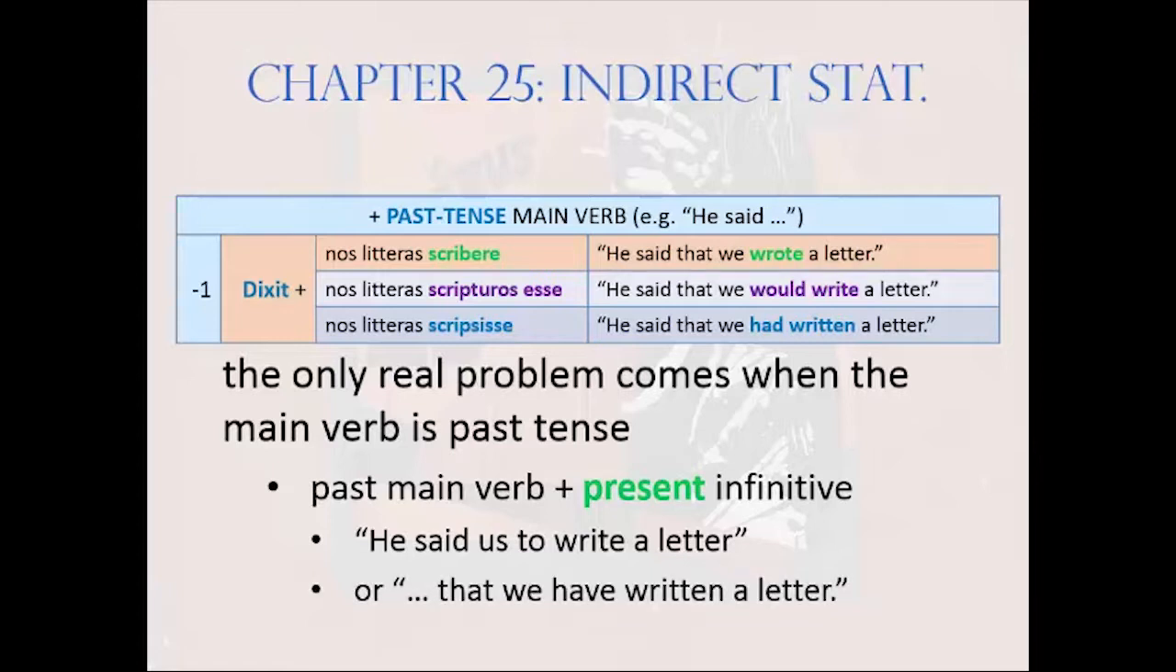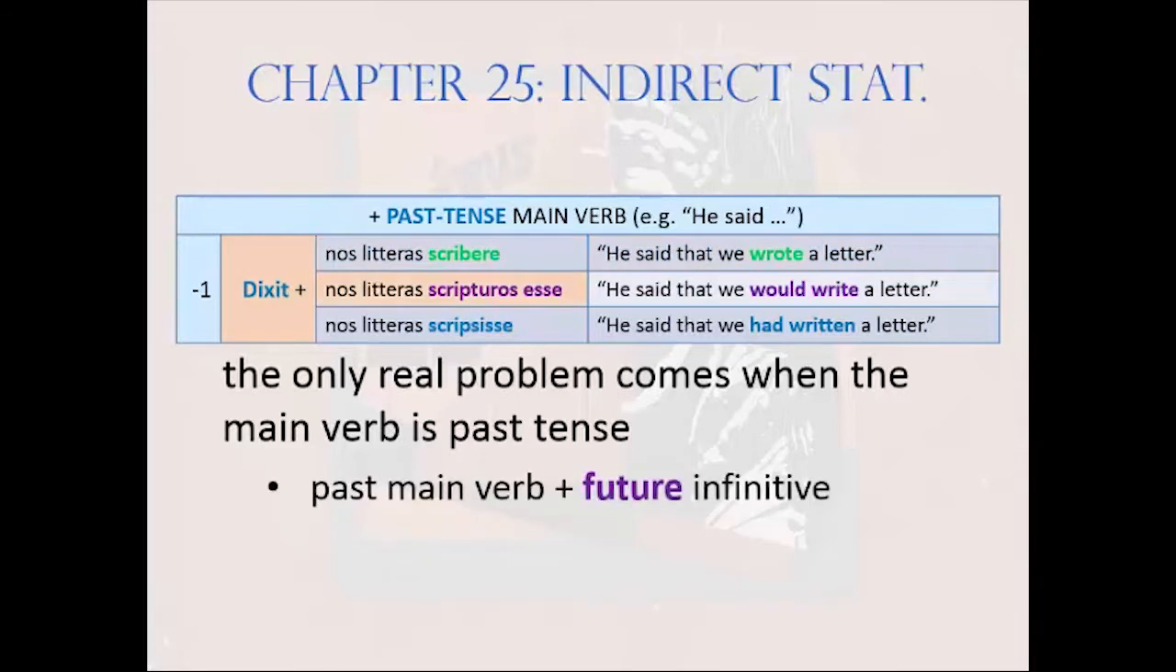The present infinitive has a -1 absolute time value here because the main verb is past tense. A future infinitive produces the same sort of difficulty. Dixit nos litteras scripturos esse. He said us to be about to write a letter, which means in English, he said that we would write